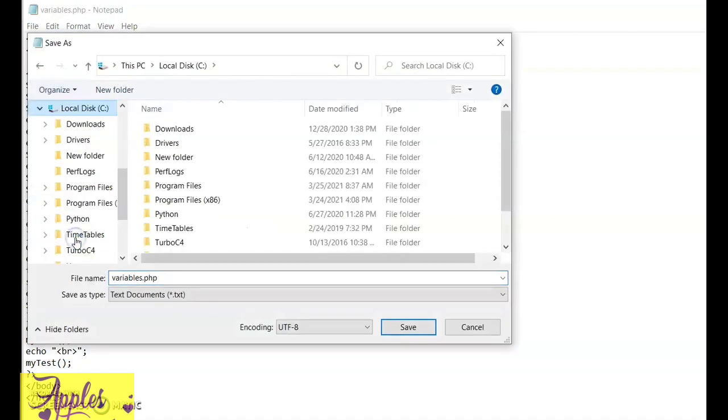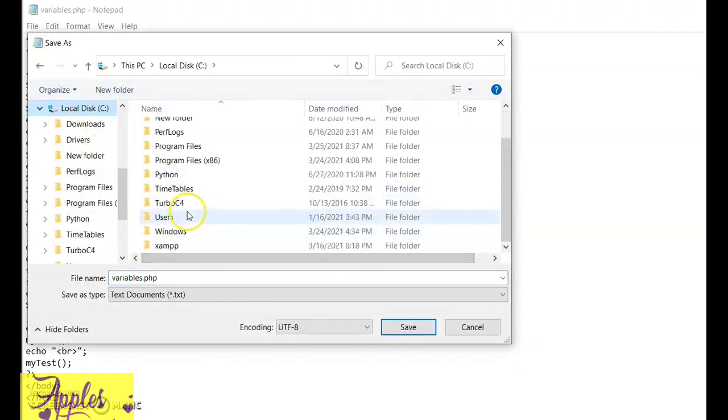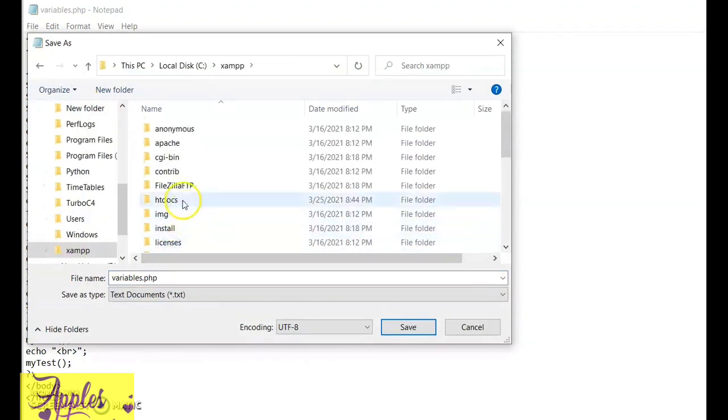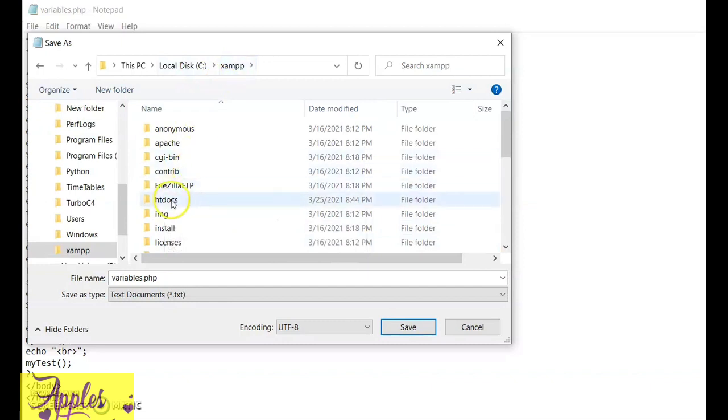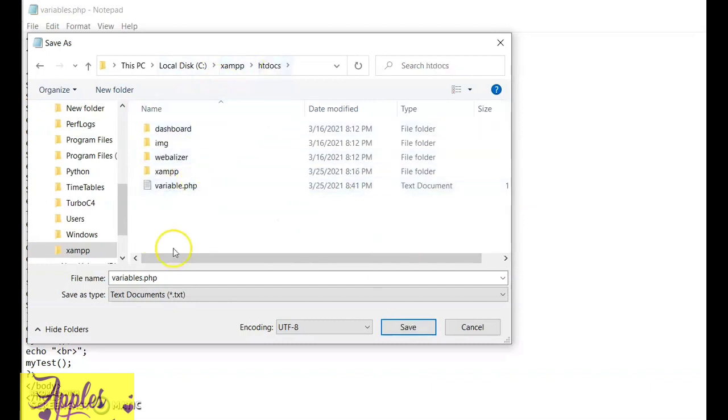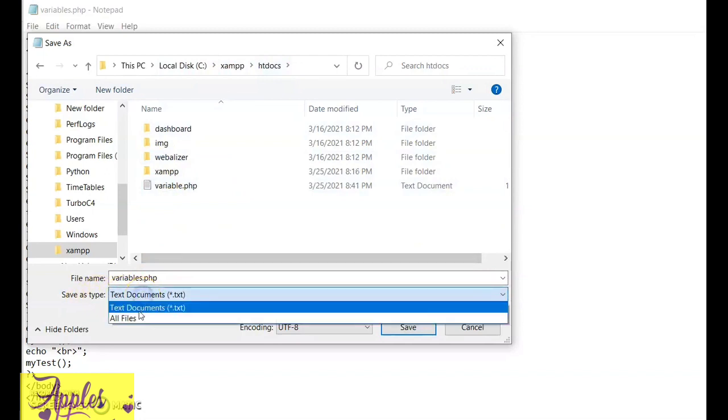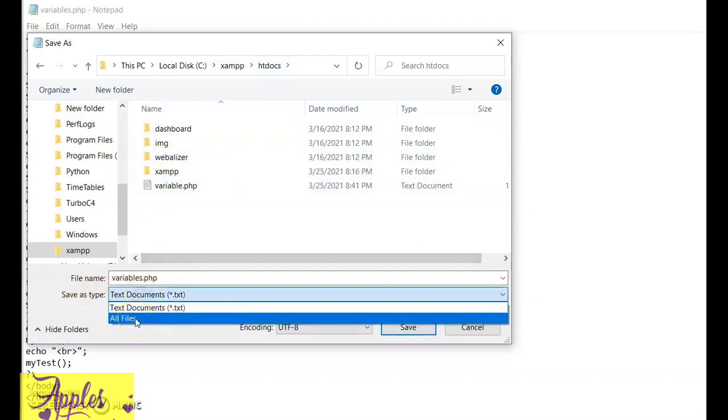In Save As, the location goes directly to the exam folder. Once you click, it will automatically go there, otherwise you have to go to the exam folder. There you can find htdocs. In that folder we have to save. Before giving the file name, we have to change the Save as type.